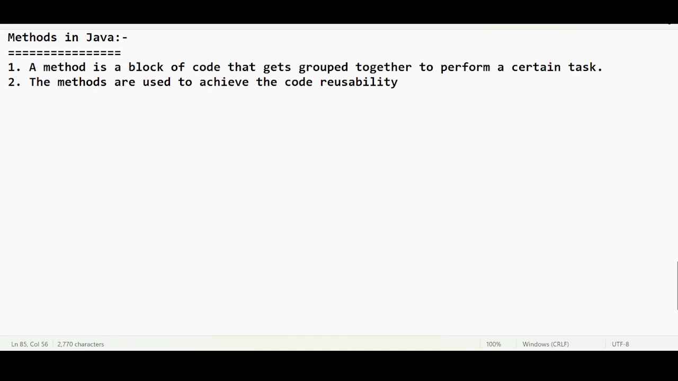Okay, we will understand this better going forward. What is this? Why is it called reusability? This is one of the keywords that you should consider. Method means code reusability, right? And the third point is,